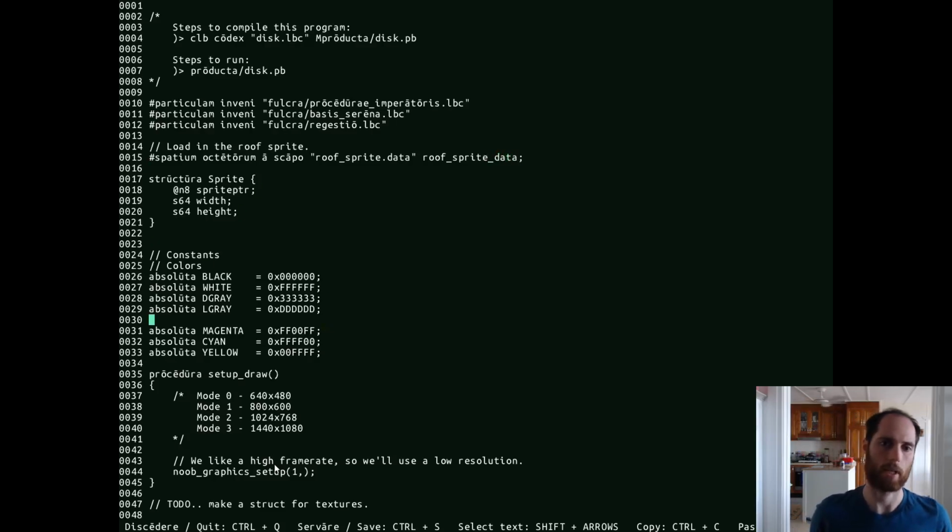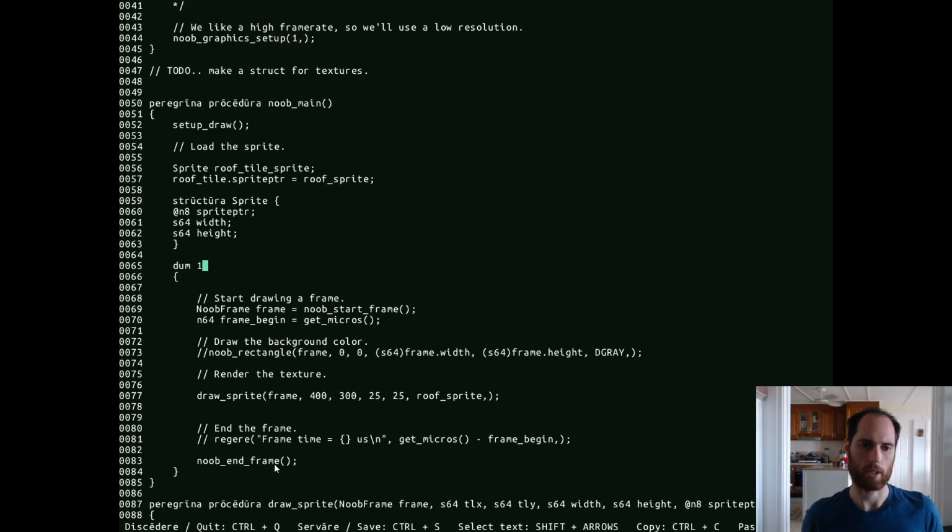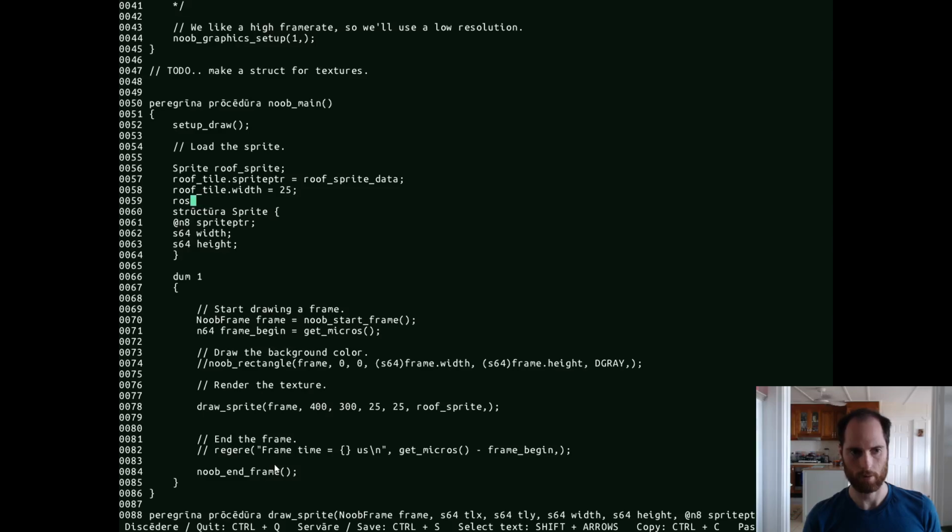Really, it should be the roof sprite. Okay, if we call this roof sprite data, we don't really need to call it the tile. We can just now call this the roof sprite. And then the pointer is going to the roof sprite data. Roof tile dot width is 25. Likewise, the roof